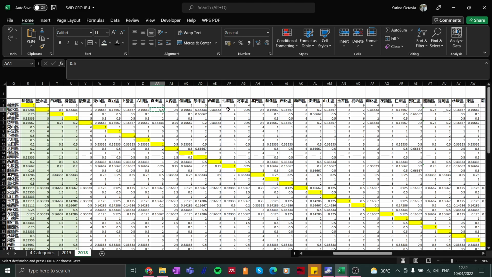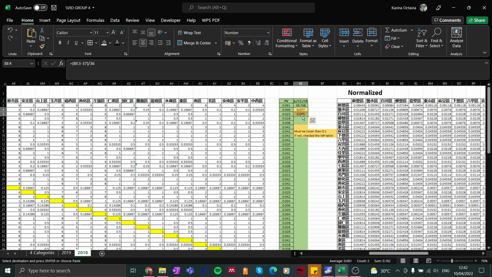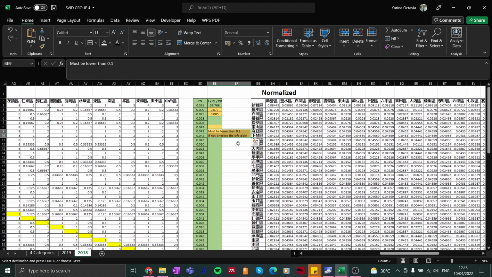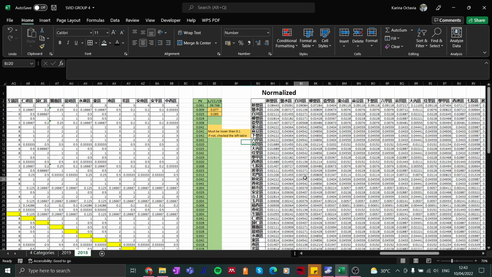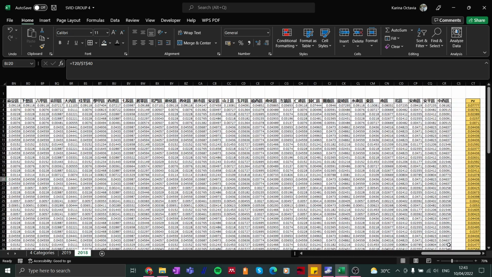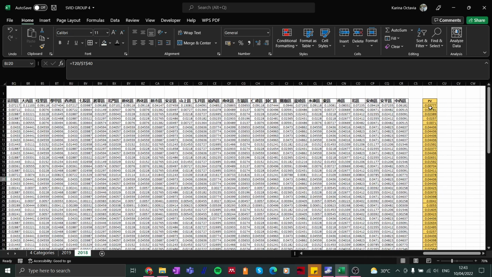Yes, you just need to copy. I think it's quite simple, but the hardest part is when you finish all of this, you have to make sure that this number is still under 0.1. Check this one. You don't need to worry about the equation because I think I already set the correct one, so it will automatically generate. This one is also automatically generated when you change the number. And our final result is this one,